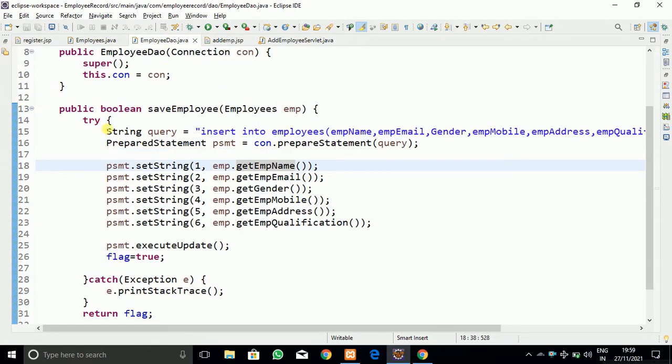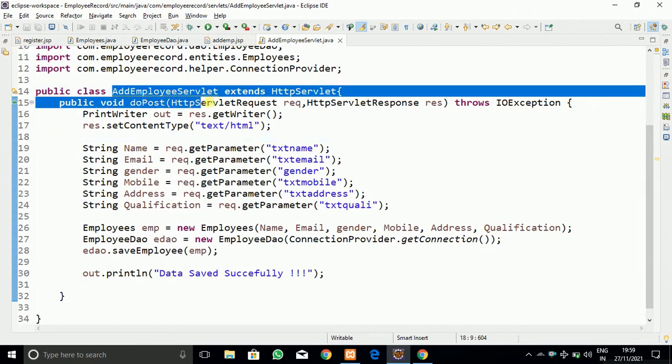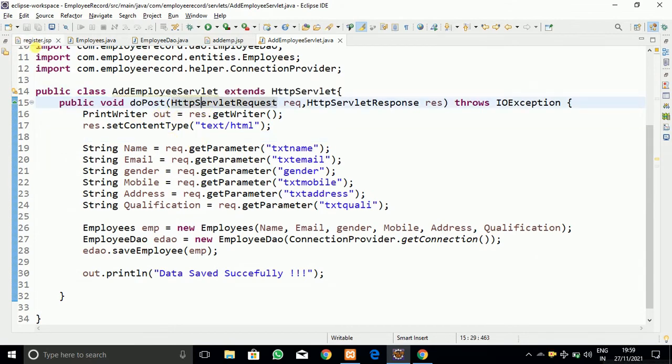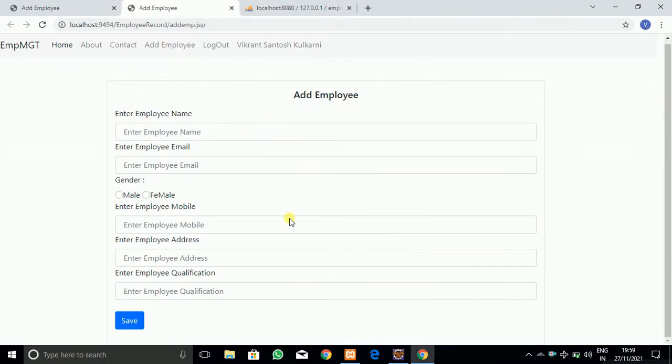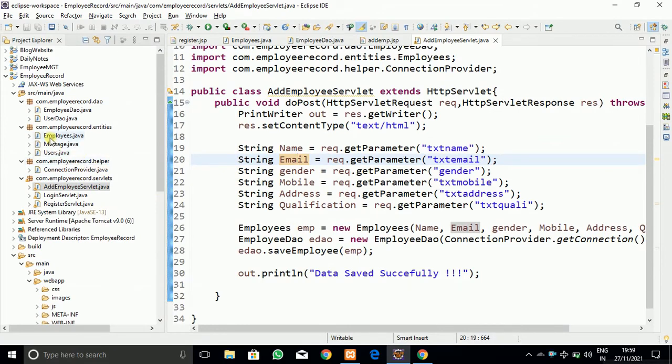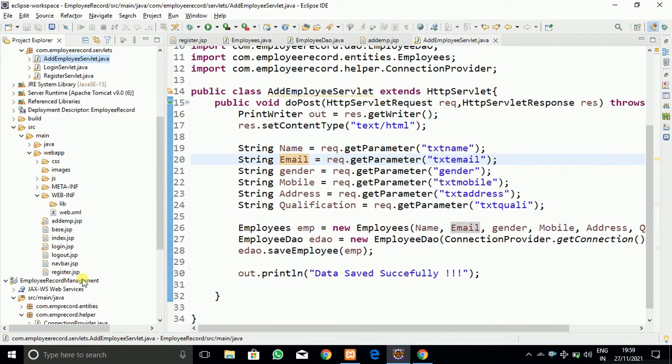So now you can see that we have created the DAO method also, we have created the entity, and we have created the servlet also. And this was the add employee form that we have also created. So we have to register our servlet in the web.xml deployment descriptor.